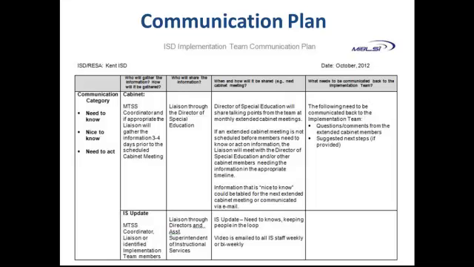So another thing, after we've identified all these different teams and work groups and levels, we need to make sure we have a really effective communication plan. This is, again, Kent ISD's example. What we did first was we identified all the stakeholder groups within our organization. You can see we've got cabinet on there. You can see the instructional services department on there. We also identified our local districts. We identified the board. We identified our consultants within the ISD. And how would we communicate to each one of those groups?